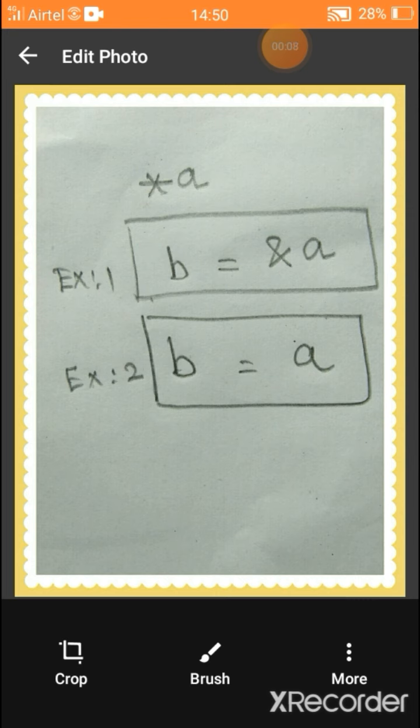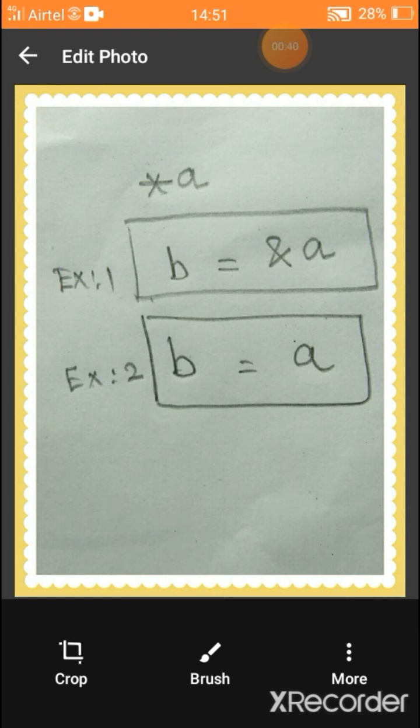In the first example, B is equal to ampersand A. Here ampersand is a reference symbol. Reference means it goes to the memory address. We already learnt this in C++, just recall it. If we assign B equal to ampersand A, it means A and B share the memory address.